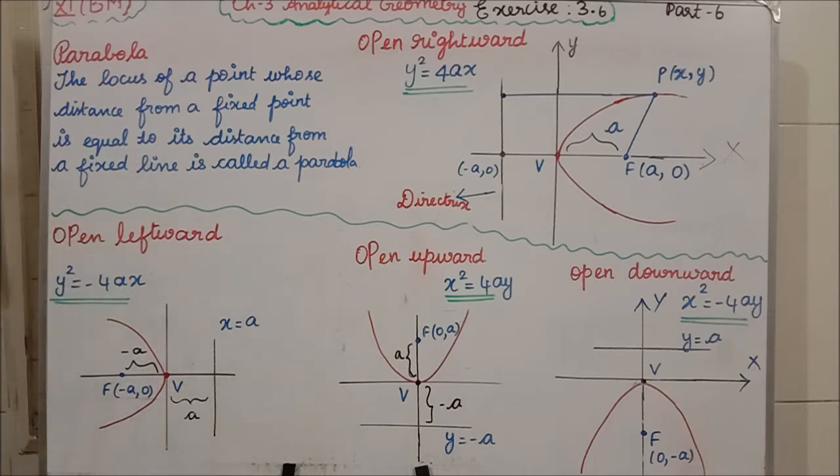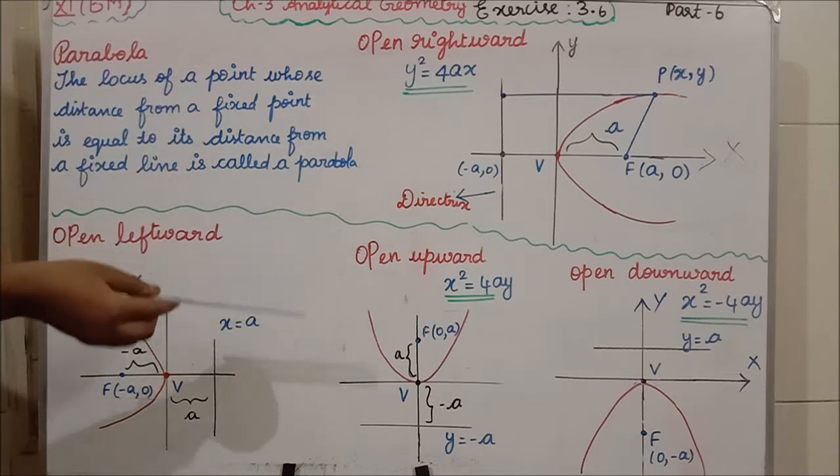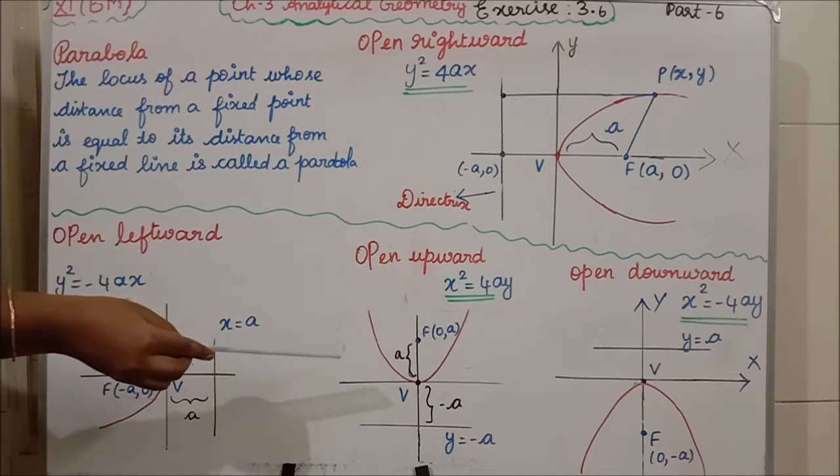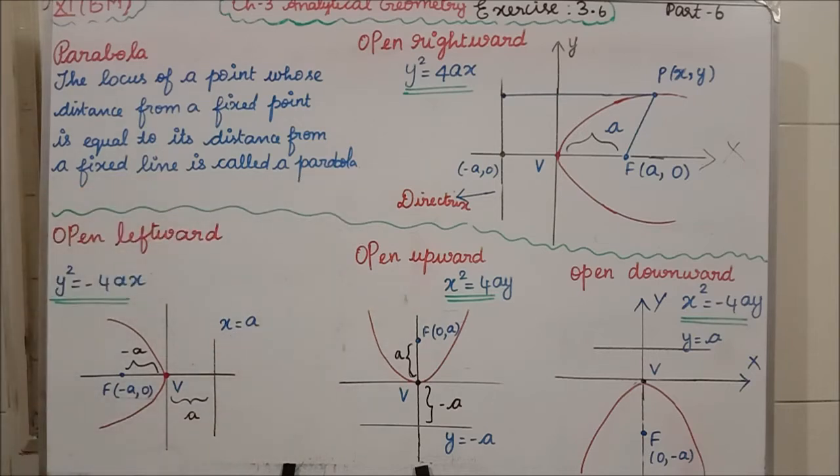Then if you see the next diagram, it is open upward. When you are talking about open upward, you have to write from where we are drawing the x-axis. So x square equal to 4ay. This one we draw from the y-axis, so think of y square equal to minus 4ax. Clear? Open upward means x square equal to 4ay. In the upward direction we have the positive value, so we write plus 4ay. Students, for the previous diagram, the equation of the directrix is x equal to a. For open upward, the equation of the directrix is y equal to minus a.